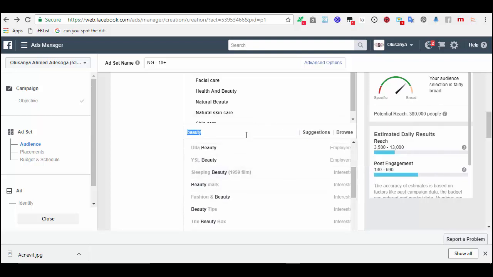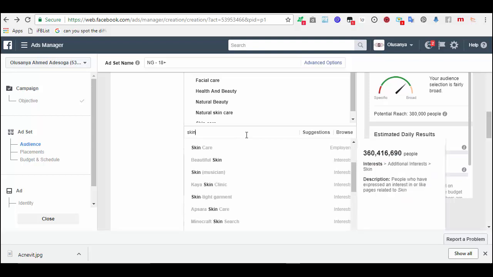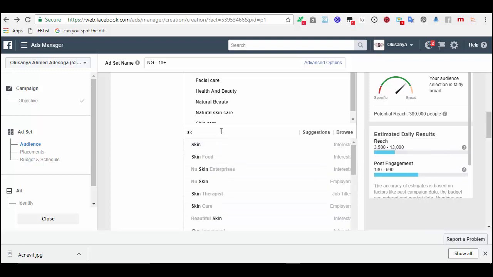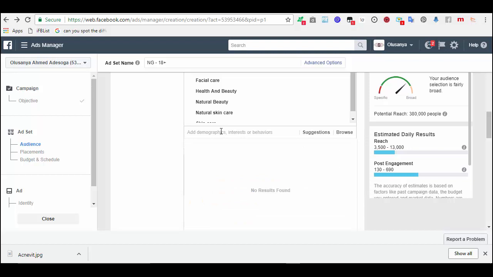Okay, then skin. So you can name popular ones. Okay, skincare. Okay, skincare employers. No, skincare, skin therapy, skin beautiful, skin food. No. So we can also add some popular skin products.